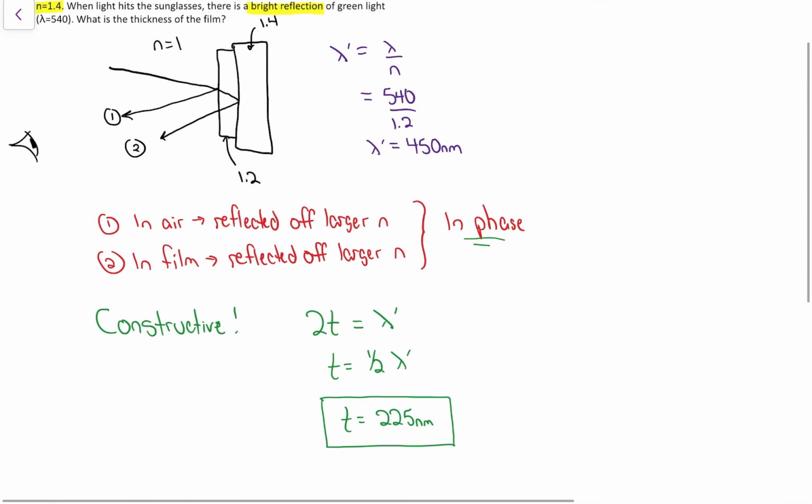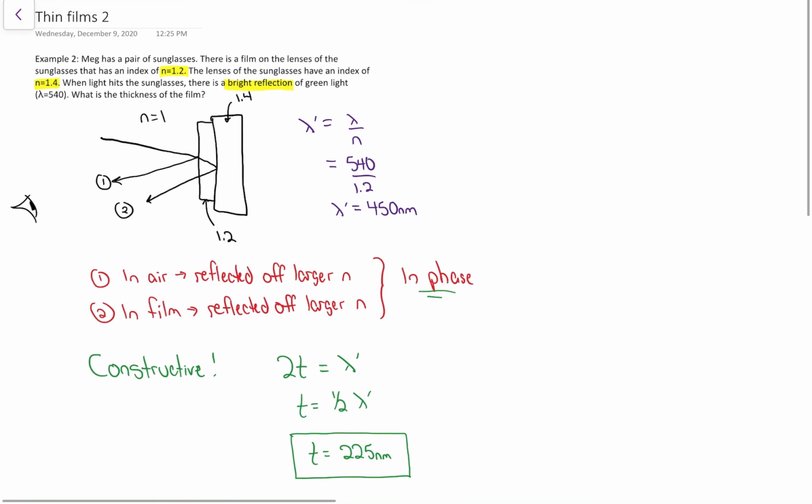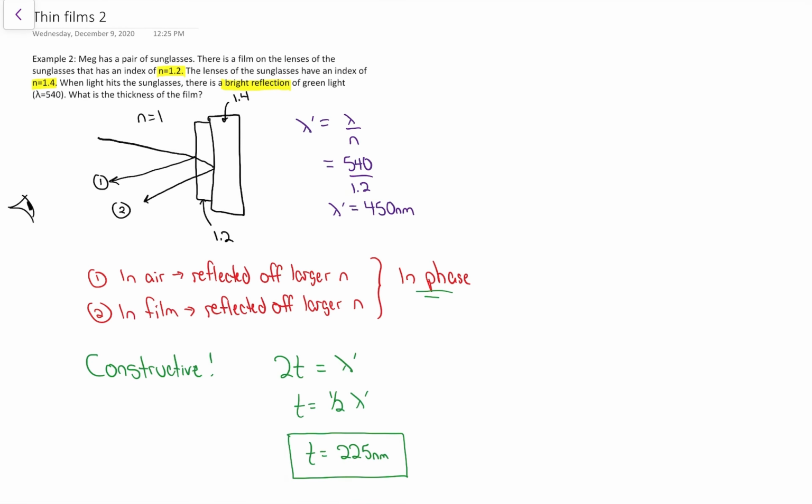There are different permutations we can go through, whether the indices are kind of in order. In this case, the indices went from small to medium to large, therefore the reflected rays were in phase. Maybe I ask a question where that happens and it's a canceling, then the extra distance would only be half a wavelength. We'll work through